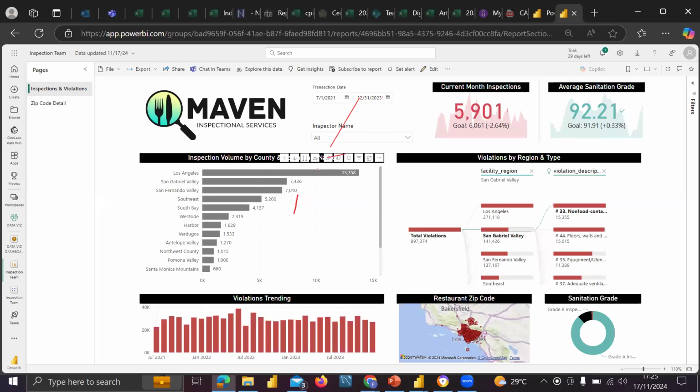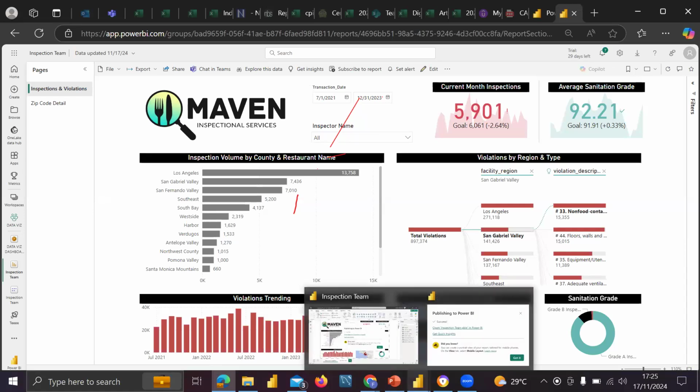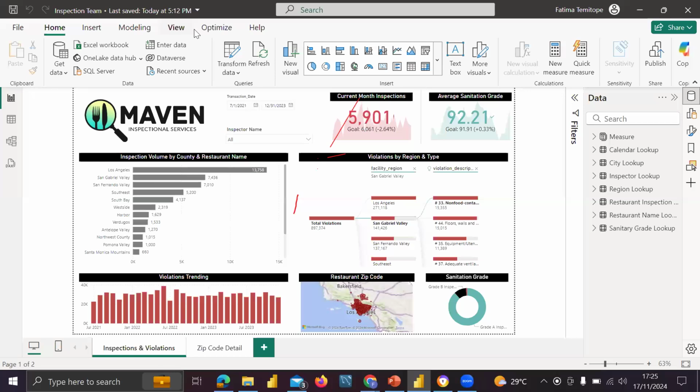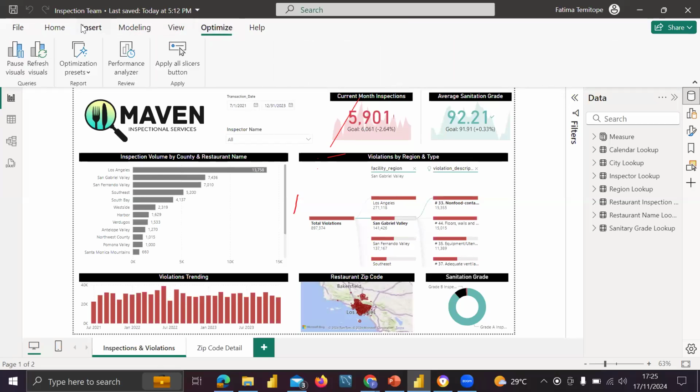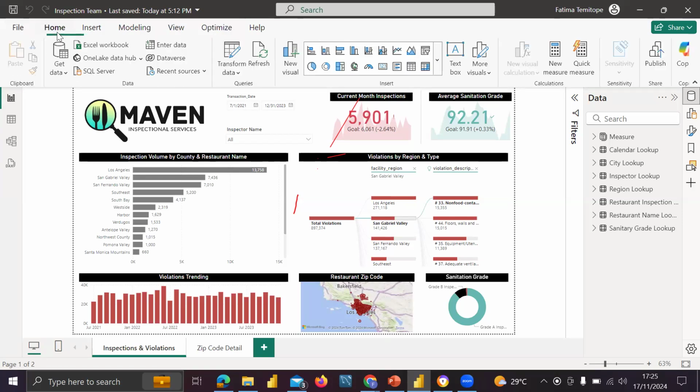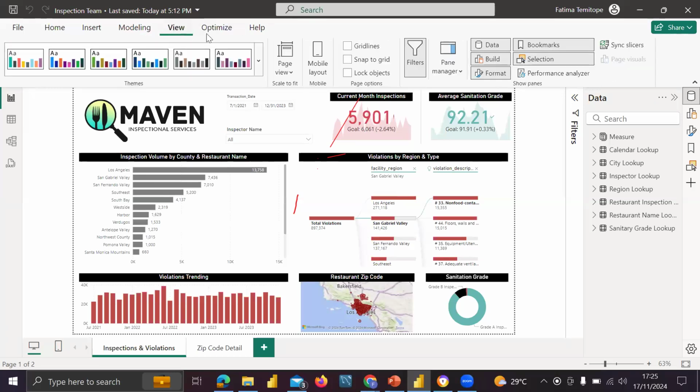So now in our Power BI desktop, let me show you what performing row level security looks like. I just come to this parameter view.